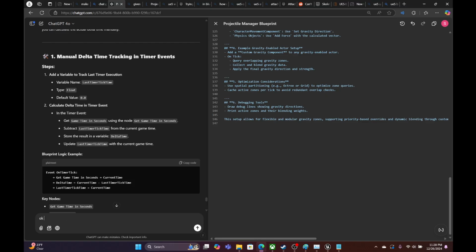So for instance, character. See how I can set gravity direction. How can I set a specific gravity magnitude per